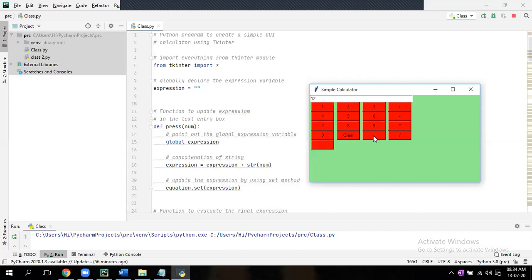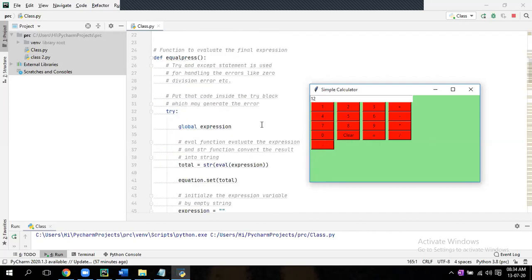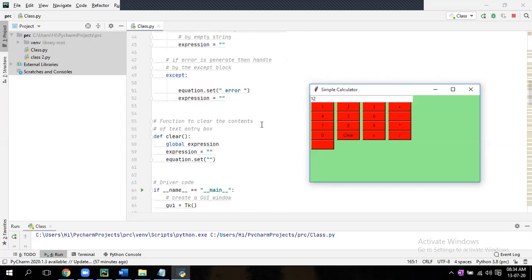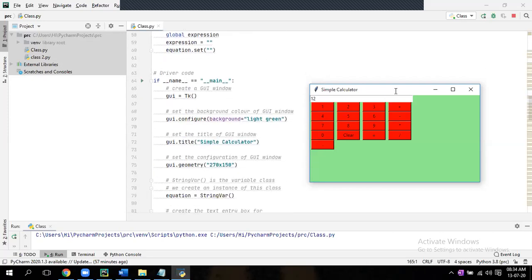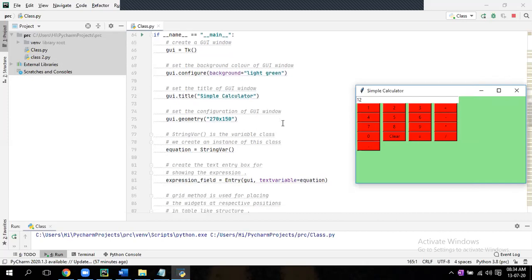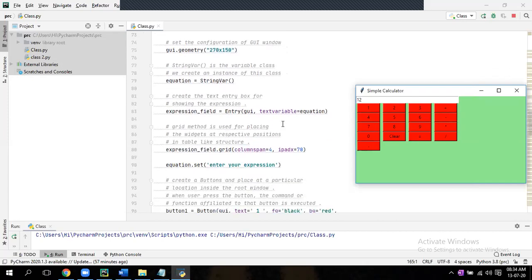Here, what they have used is first the entry grid, and these are only the buttons. That's it. So when I click one button, what should happen, that code you have to write there. Okay. Now close it. I'll explain. Anyhow, we have not gone through all the code, but I'll tell you whatever we have done till now.